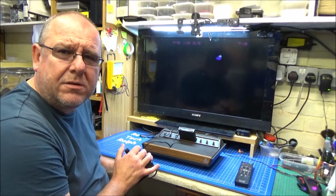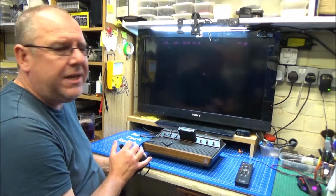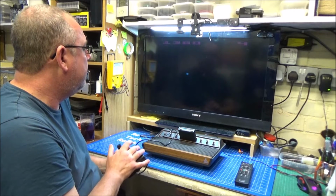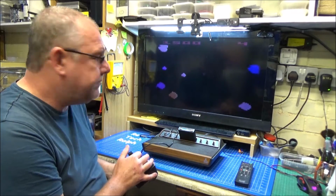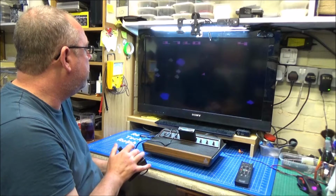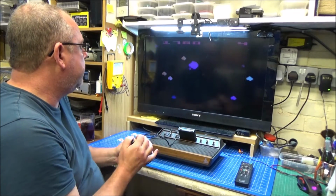It is quite dark, to be honest. I think Asteroids always was. Oh no. My problem with Asteroids, every time I press a button I chew my tongue. For some reason, going forward doesn't want to...